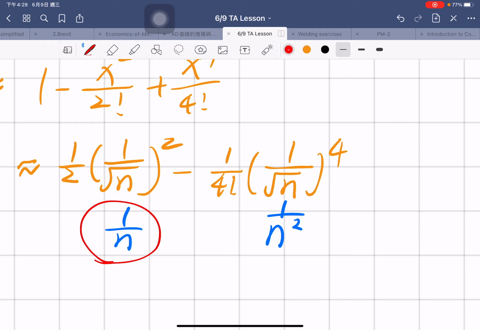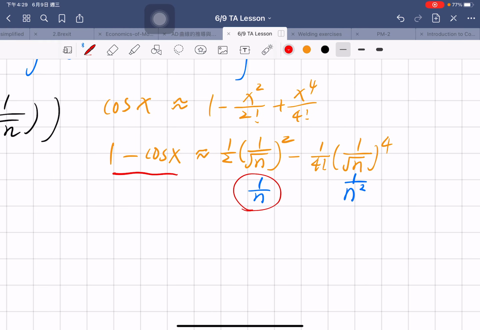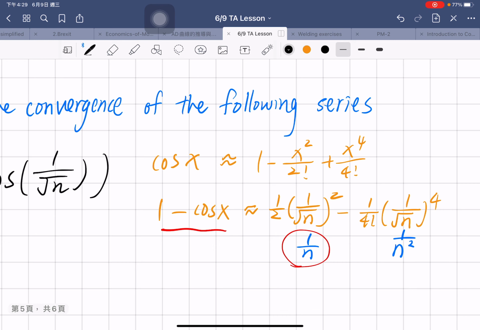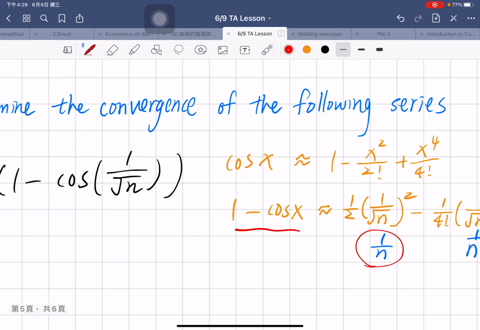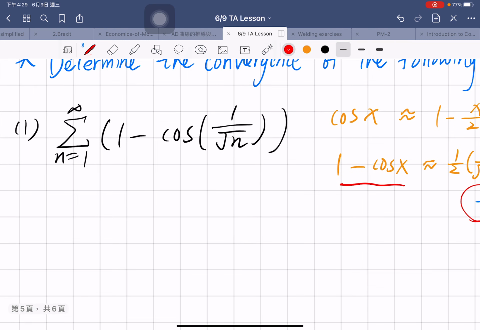This one will be the leading term of 1 minus cosine x. So if we want to use the limit comparison test, we will try to choose 1 over n in the denominator. So you may try to compute